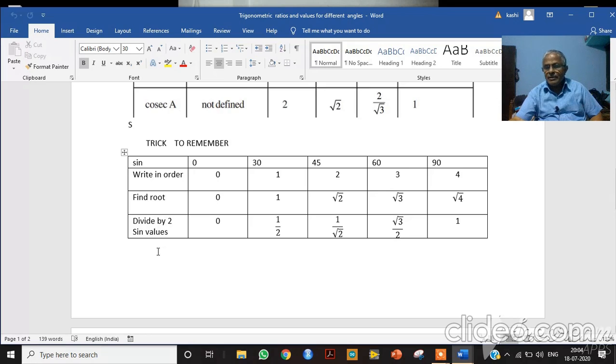Divide by 2. Next what you have to do? You have to divide this by 2. What will you get? You will get 0 by 2 is 0, 1 by 2 is 1 by 2,